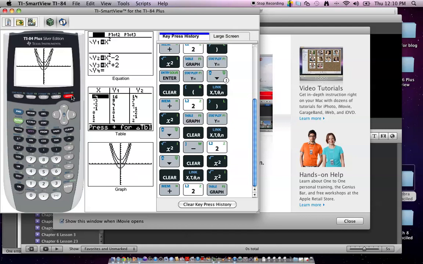And what do you notice? It's a little difficult to see, but here's the red one, which is the parent function, y equals x squared. The next one that we graphed was y equals x squared minus 2, and it's the one on the bottom. It slid it down. The next one was y equals x squared plus 2, and it slid it up. So, in general,